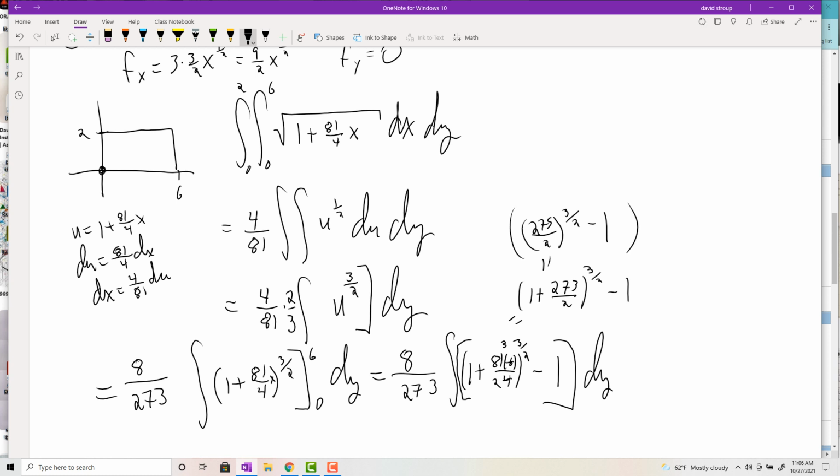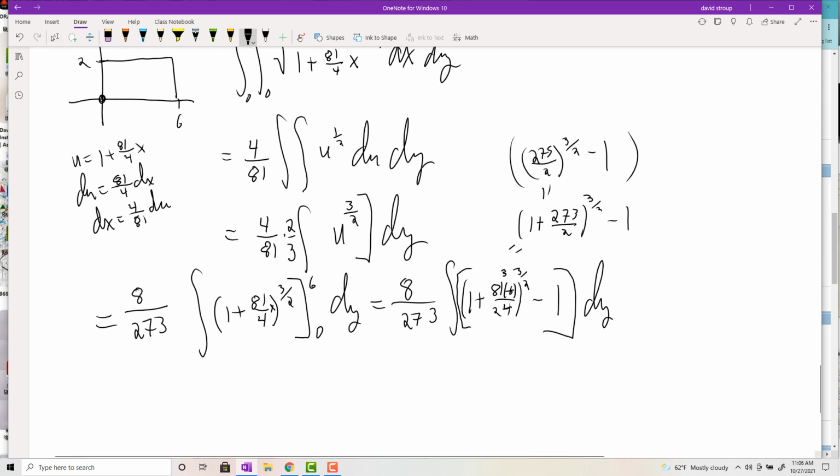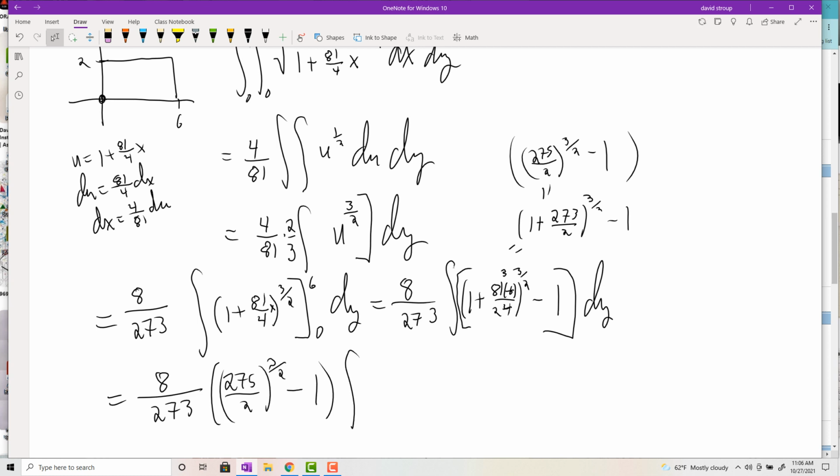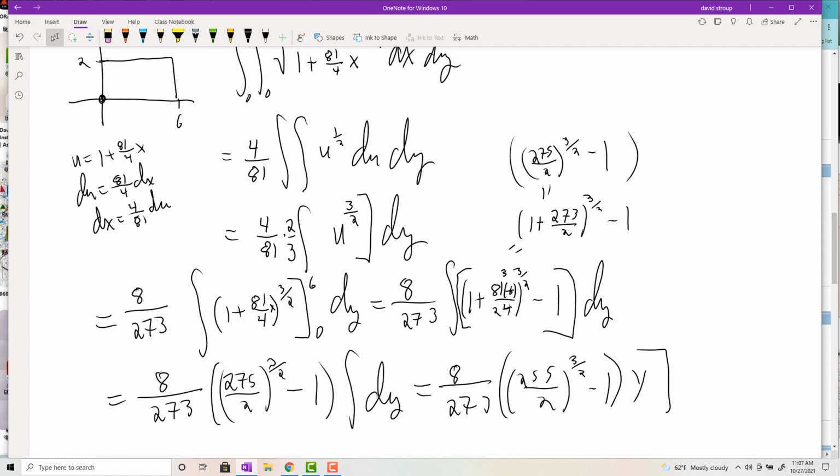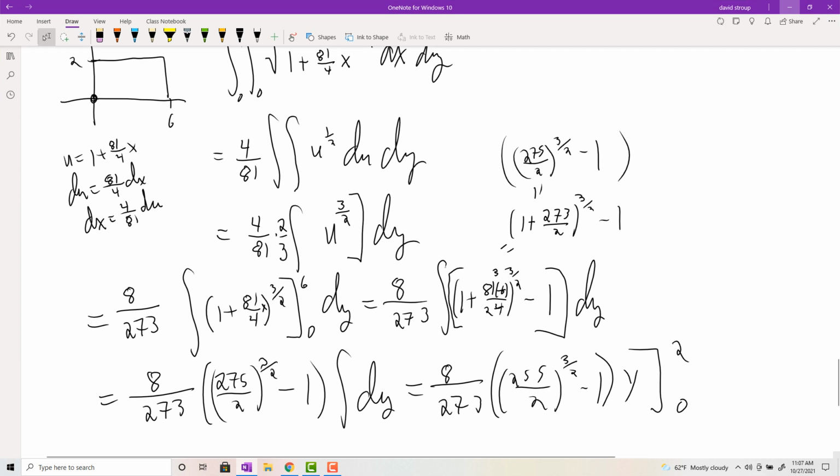That whole thing is a constant that can be pulled out of the integral. So you're going to have 8 all over 273 times 275 halves raised to the 3 halves minus 1 times the integral of dy. And of course that'll be 8 all over 273 times 275 all over 2 to the 3 halves minus 1 times y evaluated from 0 to 2. Plugging in a 2, and you get